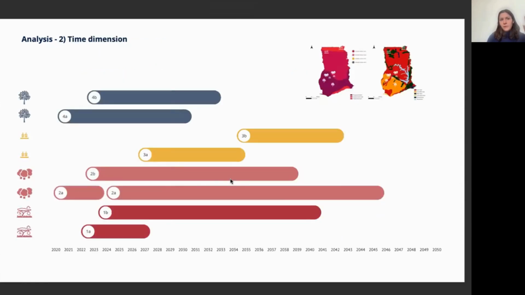Then the time dimension, you can start analysis and make it end, like for a project, you can start at different moments and end at different moments. So for instance, you have here the project 4B starting in 2022, going until 2033. Then you have the 3B from